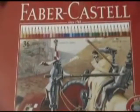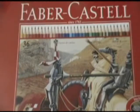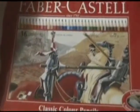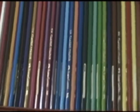Hello YouTube, Sarah here with you, and this is a coloring tutorial using these bad boys, 36 Faber-Castell pencil colors, or whatever type of colors you like. So colorful. It is the most colorful scene